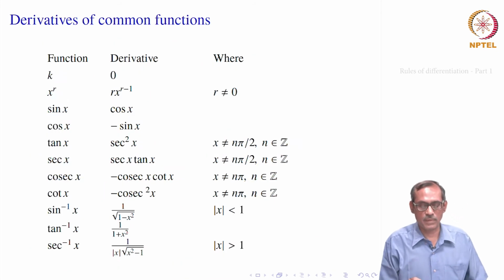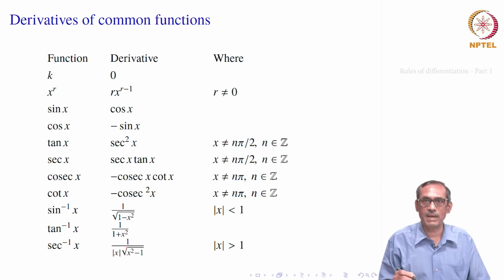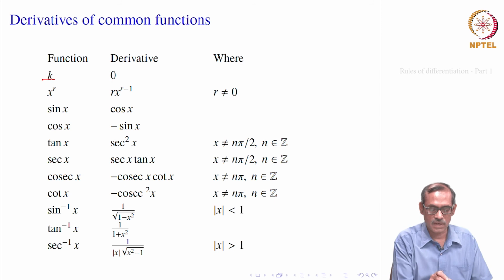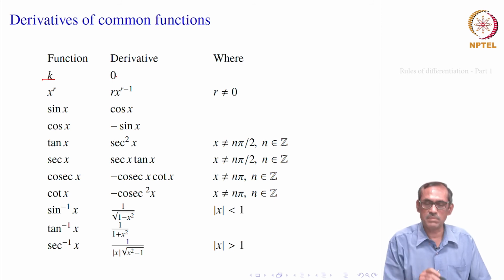If you proceed that way, here is a list of all the derivatives. It will help us in computing derivatives of some complicated functions. So, first thing is, if it is a constant function, that is f of x equal to k for every x, then its derivative is 0. That is easy, we have done it earlier, because f of x plus h is k, f of x is also k. So, numerator becomes 0, then limit of that divided by h also becomes 0. So, constant function derivative is 0.